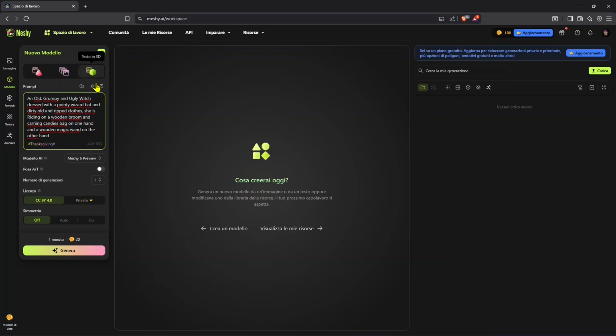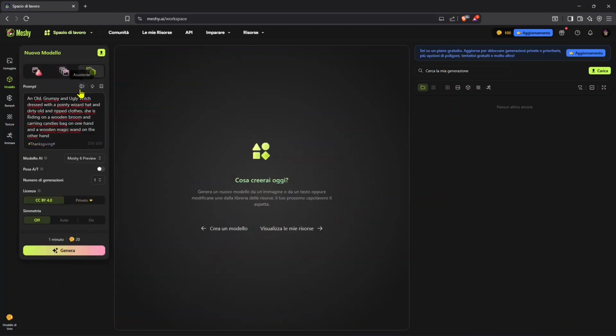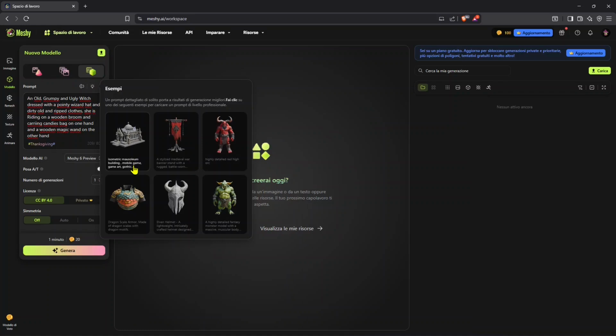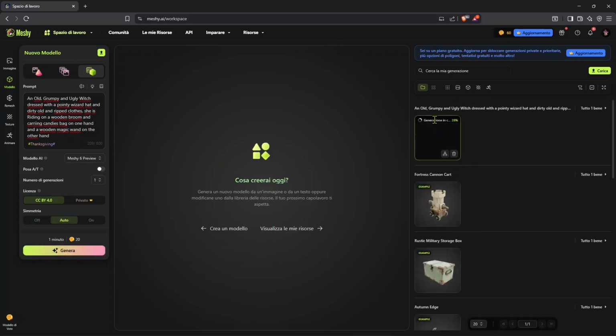So I'm going to continue here, and you also have an assistant here, and you can check some examples with the relative prompt and take inspiration from this. And once you're ready, you just hit on the generate, and also you can upload images and models that you want to modify. Once you're ready, you can generate. Down here you have 20 credits. You need 20 credits for this,